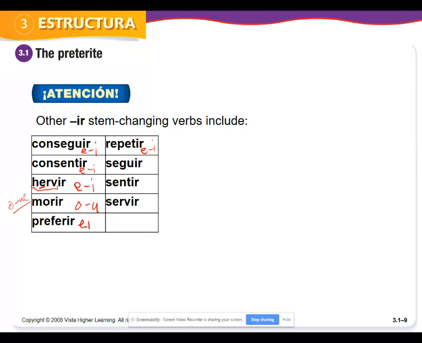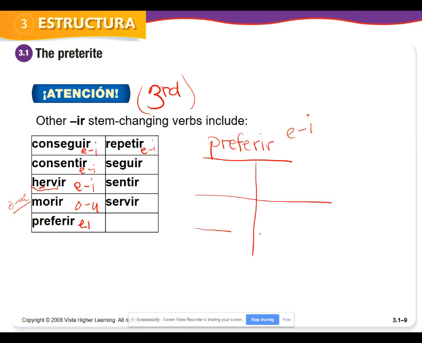So when you're looking at them, guys, it's actually a lot easier. And remember that the stem change is only going to take place now in third person. Third person only. All right, so let's just do one together. Let's do preferir, because that's one that I mentioned earlier, and remember it was that weird one because it was an E to IE, but now it's an E to I in the preterite. So essentially, if I were to conjugate this and make a T-chart, you remember that your ending for an IR verb is e, iste,